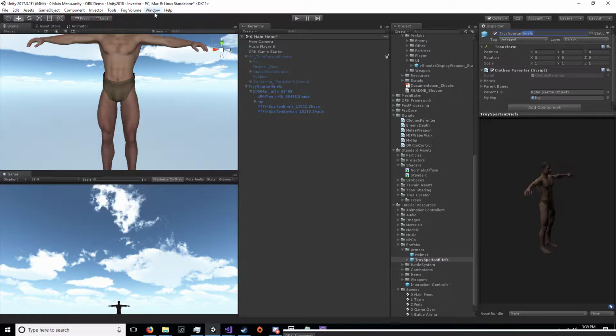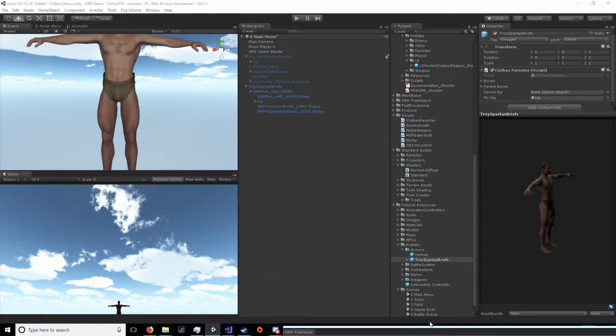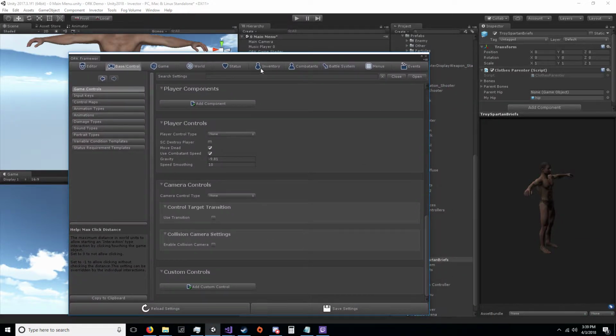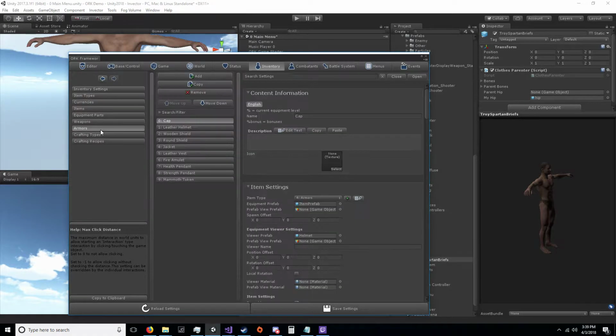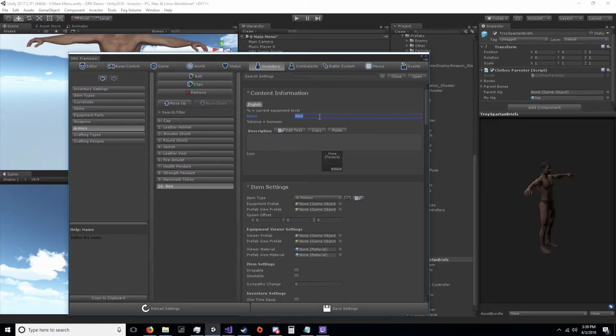Let's copy the name just so I have that, because I don't like typing. ORK framework. Where's my ORK framework? Oh, it's down here. I moved it out of the way. Inventory, armors, add, name, briefs. Now,